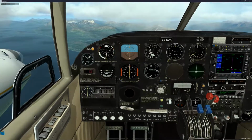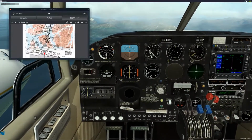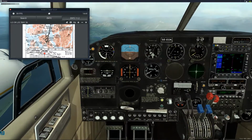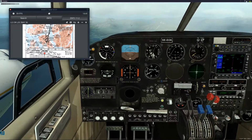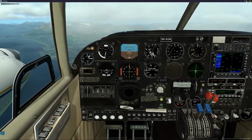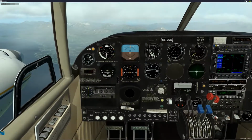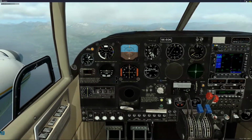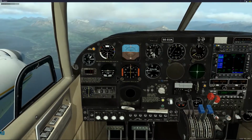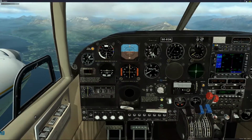So let's turn the altitude off and we'll start descending. Now what do we have to be at? 5,000 feet. So we want to somehow be at 5,000 feet. Probably alright for the moment, actually. 5.5. No, 6.5. So let's go down a bit then. Let's throttle back. I'll throttle back, and